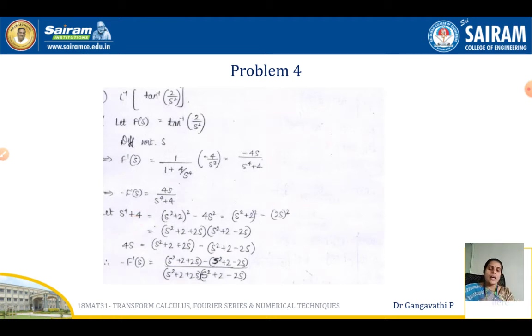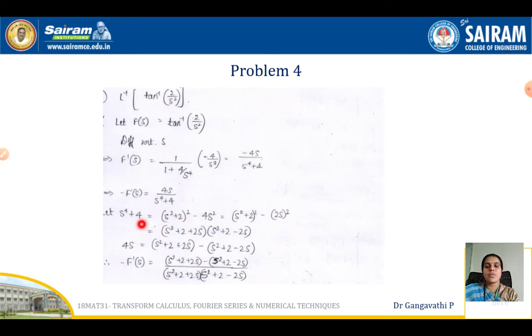When you look at that, you have numerator 4s, and if you take 4 outside, then s by s square plus 2 square, is it going to be helpful? That we need to analyze. And s to the power of 4 plus 4, by using the complete square method, because as it is we cannot write it as any whole square term, that is the reason we are going to use the complete square method. So s square plus 2 the whole square, when you expand it, you get s to the power of 4 plus 4s square plus 4. So 4s square is an additional term that we need to handle.